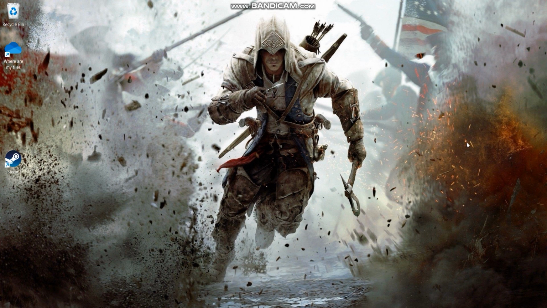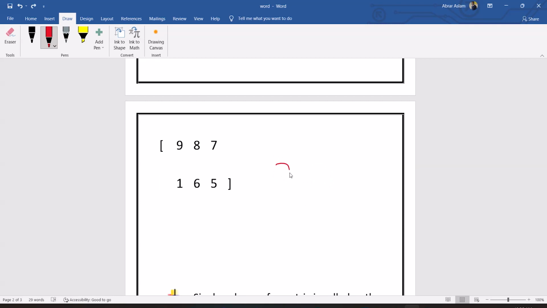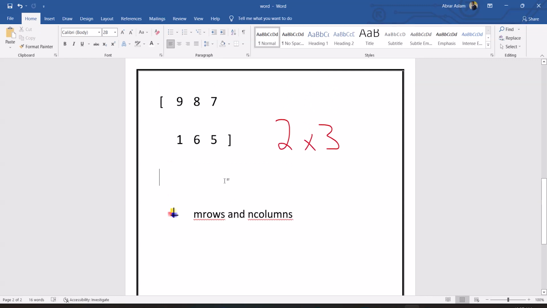So today let's learn matrices in the R programming language. So you must have seen matrices in mathematics, and they looked something like this. For example, this is a matrix and the order of this matrix is 2 cross 3, which means it has 2 rows and 3 columns. So in programming, a matrix is just a 2D array which has m number of rows and n